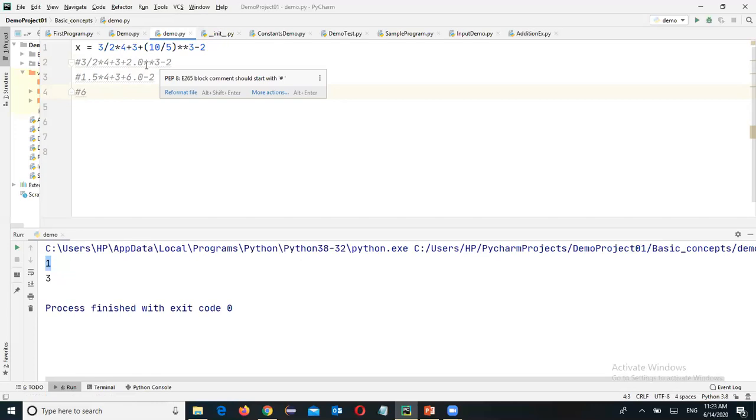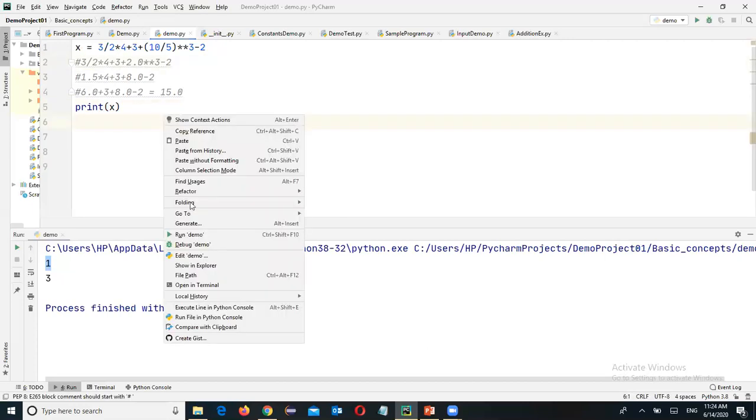This is how much it is? 2 power of 3 means 8. Right. So then this one is 6 plus 3 plus 6.0, we have to say, since decimal points also we are going to consider. So plus 3 plus 8.0 minus 2. Then 14 plus 3 is 17, minus 2. So what is the output we are going to get here? Equal to 15.0.